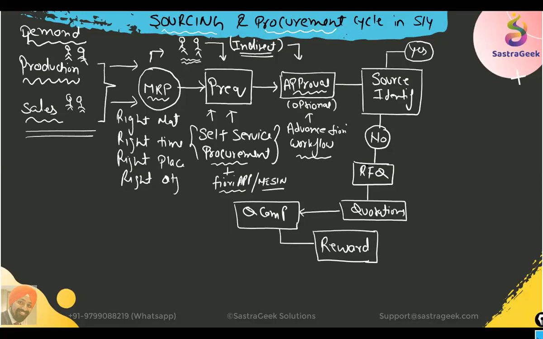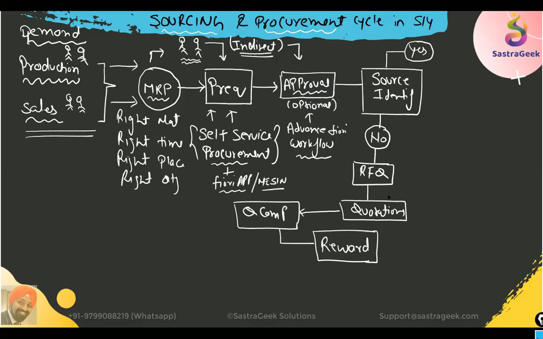So this process already exists in ECC, but in S4HANA, a new object has been created for the quotation process, where an advanced Fiori application has been provided, which can be used to run this full quotation process. So there is a new way of doing it. Although the earlier way, the same way as ECC, is also available, we also have a new way to do the quotation process in S4HANA.